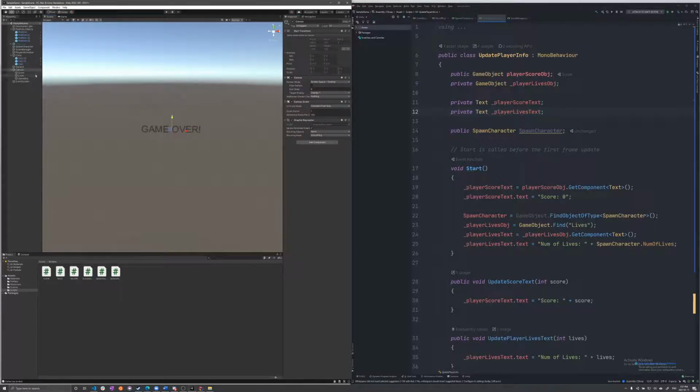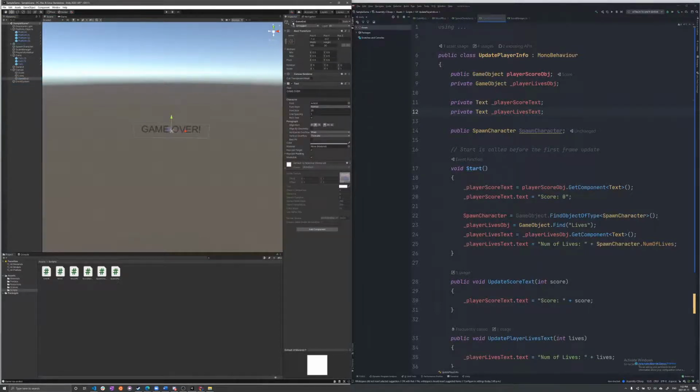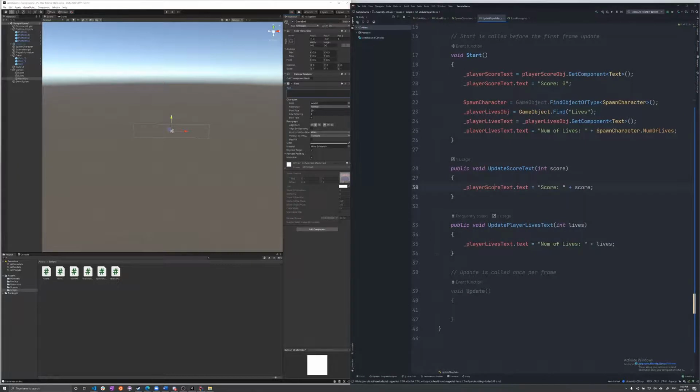And what we can do is the following. We don't want to display this text all the time. So there's a couple of different things you can do. One thing you can do is set this object to be inactive and only activate it when the player loses all their lives. And then you can display this text. So instead of hiding it, you unhide it. The other approach is that you have no text, so the text is empty. And then when the game ends, you basically do the same thing as this, where you add the text